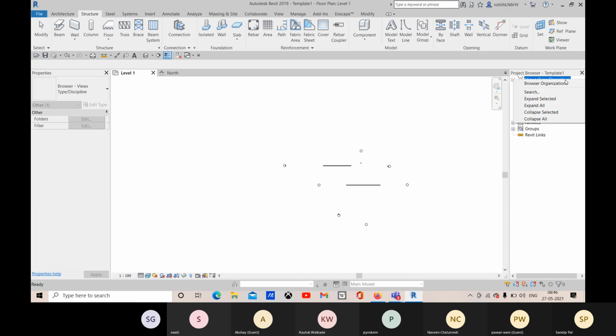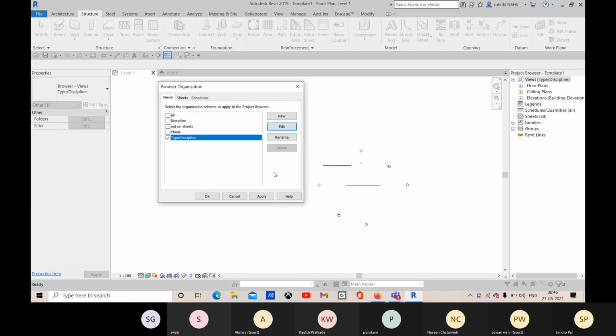Now let me show you how you can create your own type here to organize. So for that you go with the new option. All right, so here you need to define what will be the type. Suppose you go with this type, then discipline, then the modeler name, who has created something.